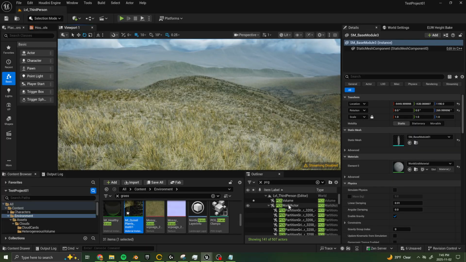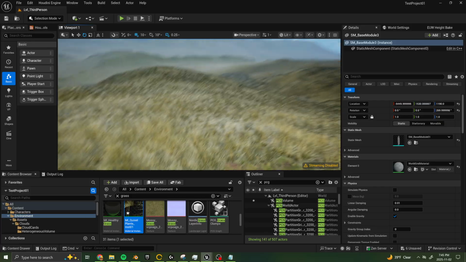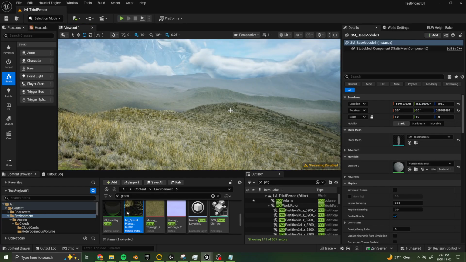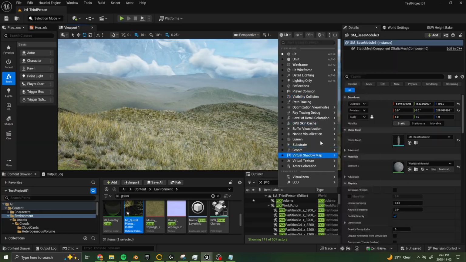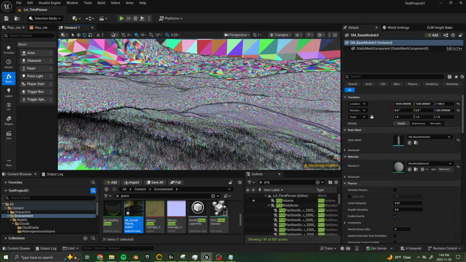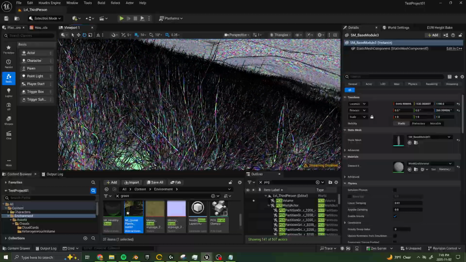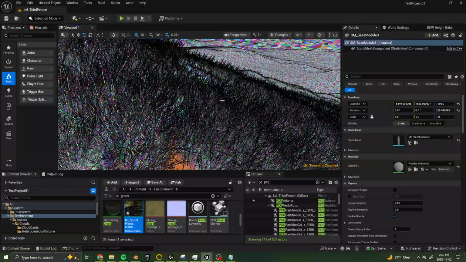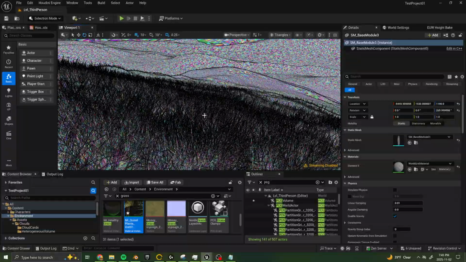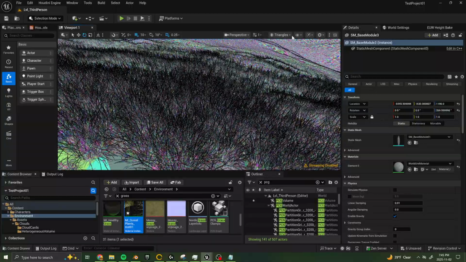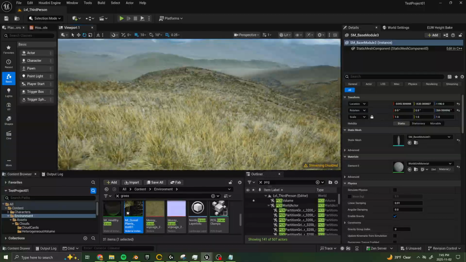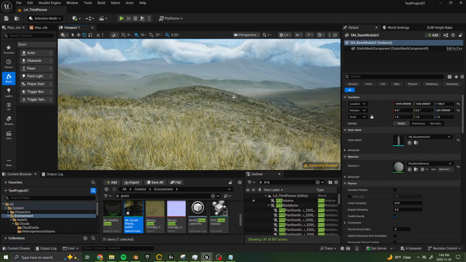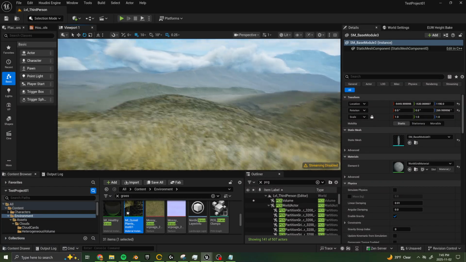I'm trying features such as PCG partition grids, keeping everything culled by distance, and of course making it all Nanite based. So this is just one LOD0 mesh for grass I put together, and its variants are being instanced across the scene with no LODs, and I'm still getting roughly 60 frames per second,